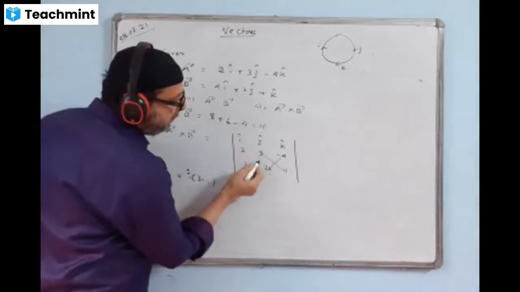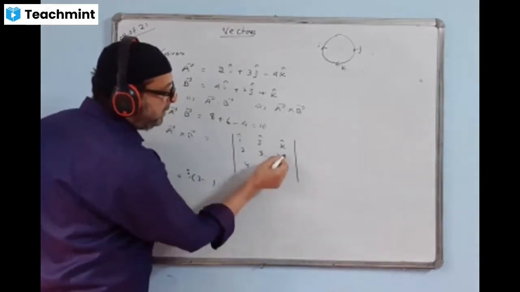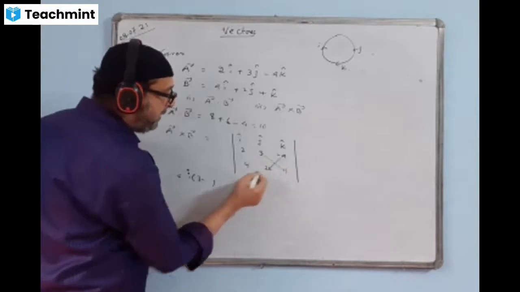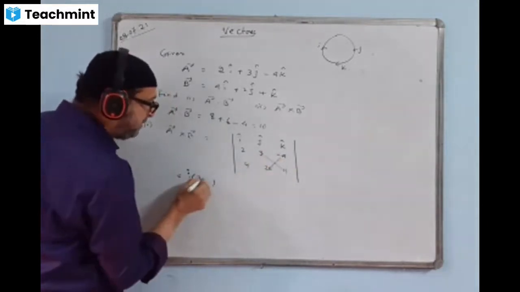From the corner, we will start from the first, whatever comes right on top. From there, we will start. 3 ones are 3. Then this one I'll multiply now: minus 4 into minus 2. This minus sign is coming minus x. This minus will change the sign and become plus.